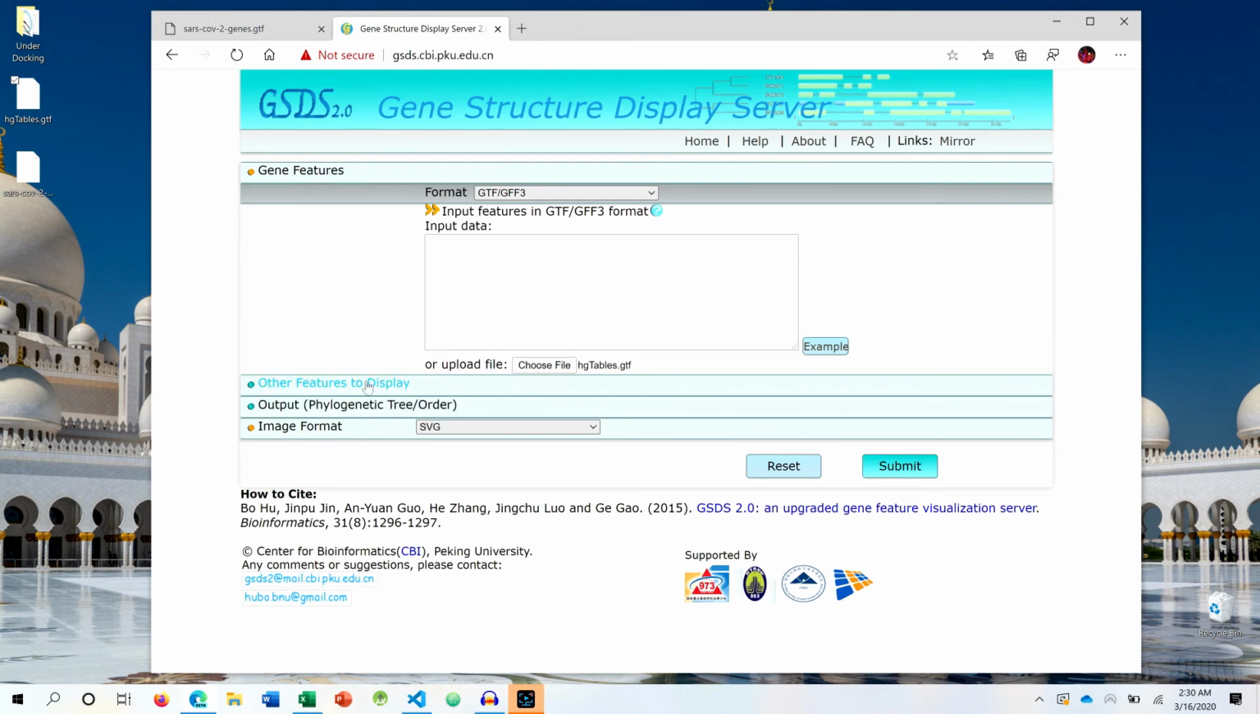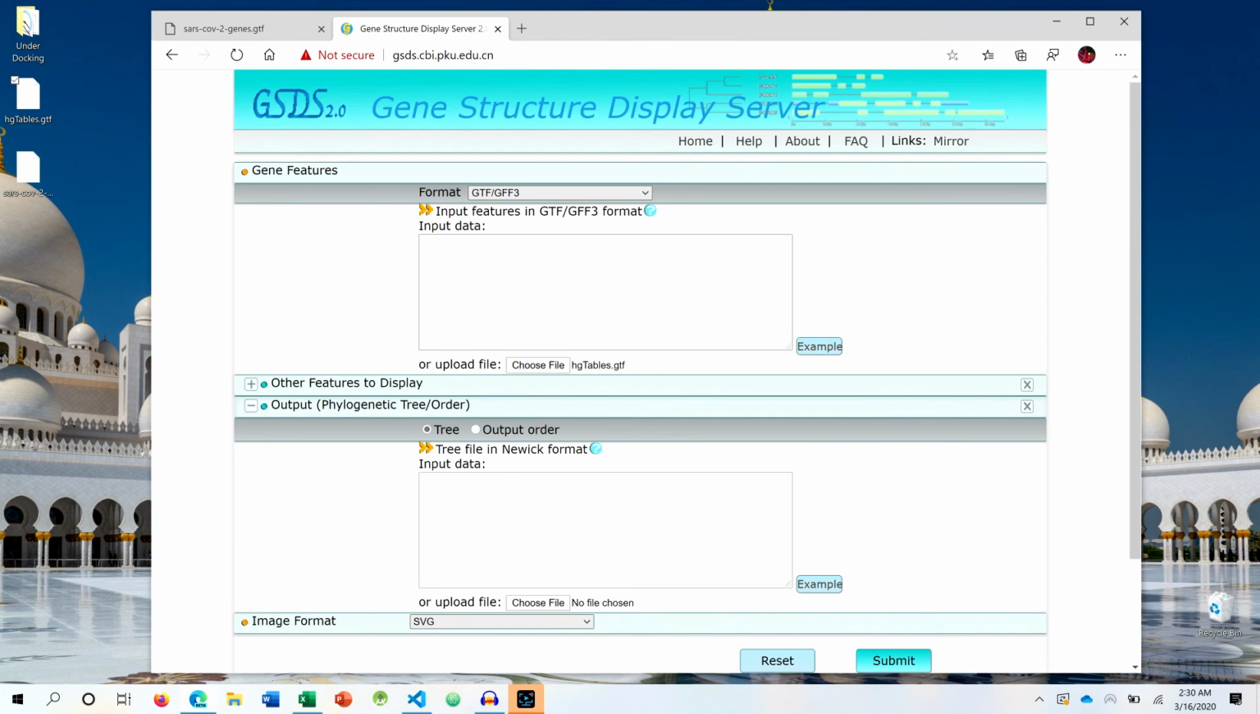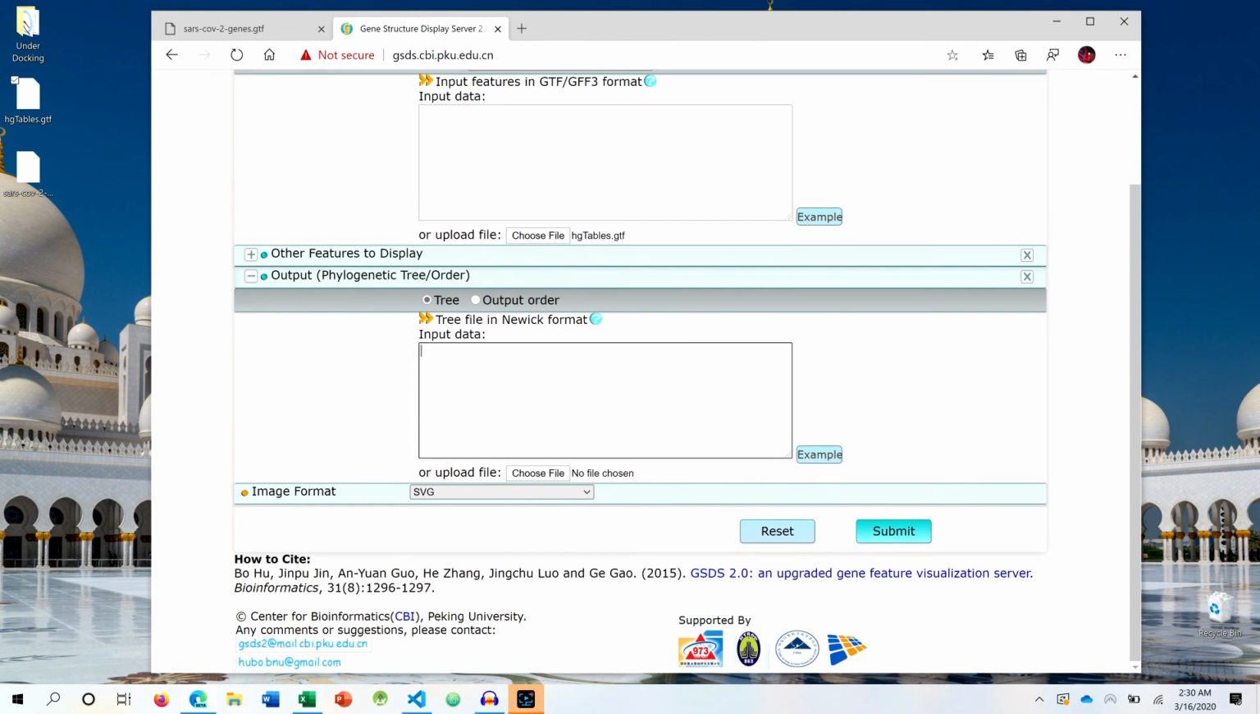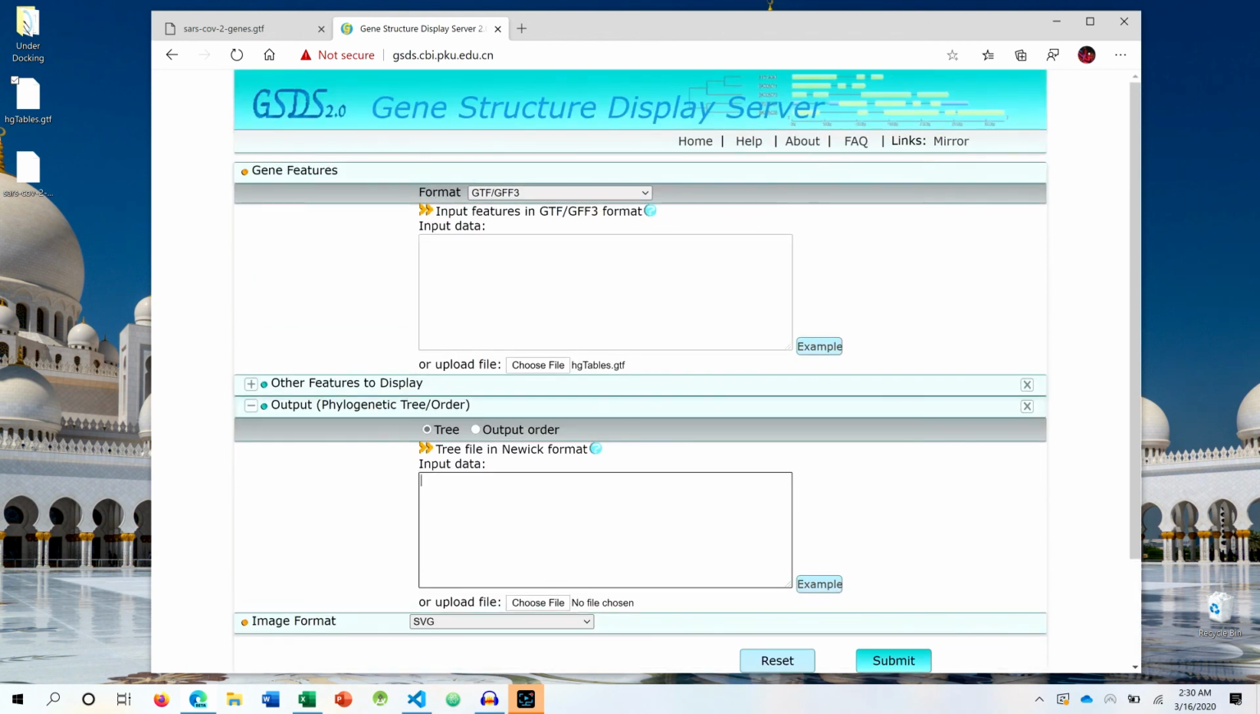If you have a phylogenetic tree as phylogenetic order or you would like the output to be ordered, you can select that option from over here, and you can select the output as well. So that really depends upon your sort of analysis. You should put in the phylogenetic tree in a numeric format over here, and it will sort the genes in the order that the phylogenetic tree